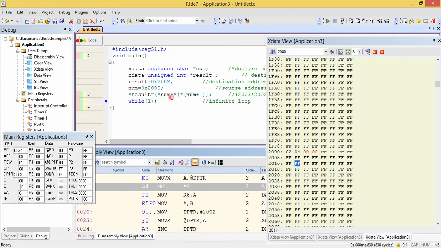Even if you write num into something, it's automatically converted into the MUL instruction. After this operation, there must be a result. The LSB result you can expect in the accumulator, that's 08. The B register contains 00. That value will be copied into 2002 and 2003. After the multiplication operation, the result will be available in the accumulator and B register. You can see this result. It's all about the 8-bit multiplication operation.